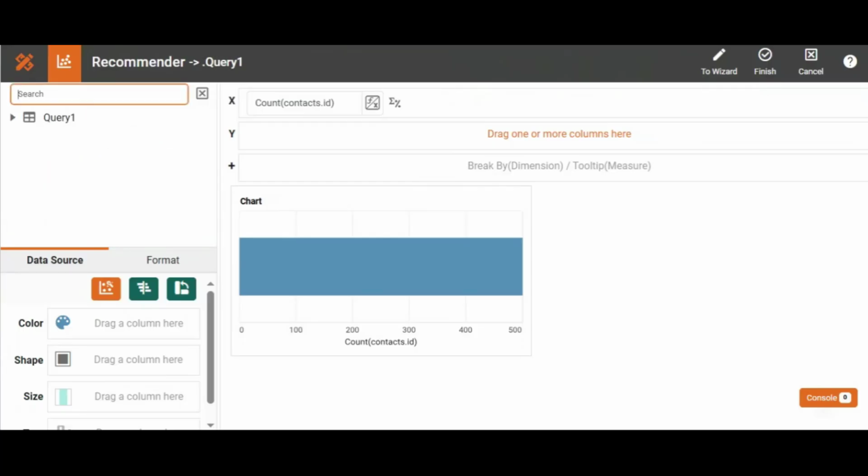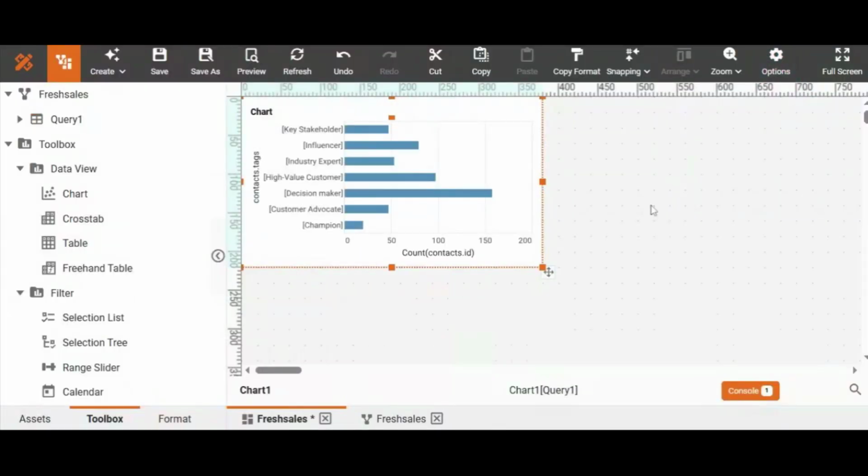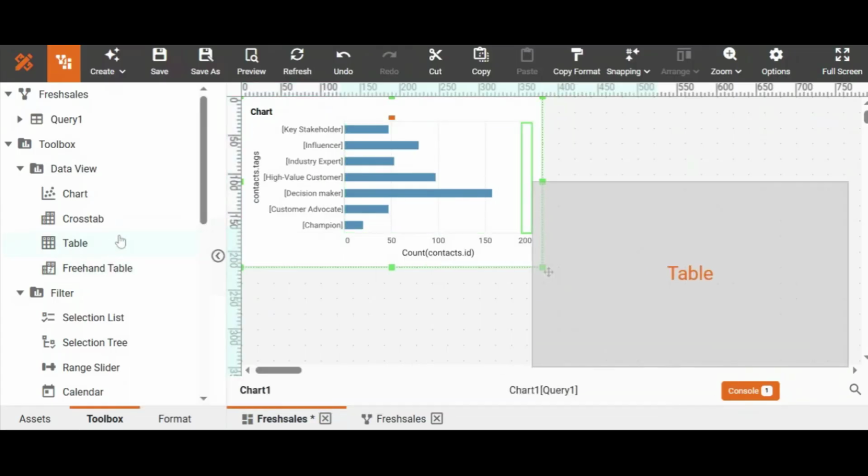And next, I'm going to search tags. And I'm going to drag contact tags into the y-axis. Click Finish. So now I have a bar chart that breaks down the different contacts based on their tags. But I think I'd like to add a table so that I can see this data on the detail level. So I'm going to drag out a table,